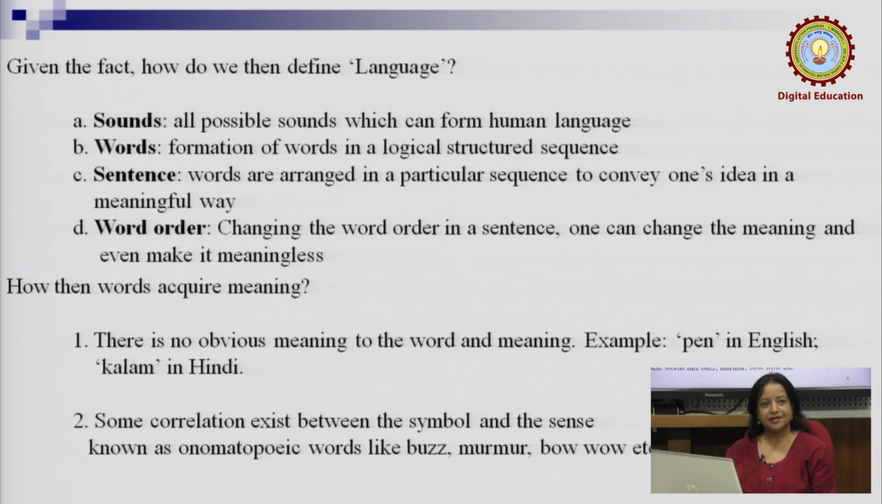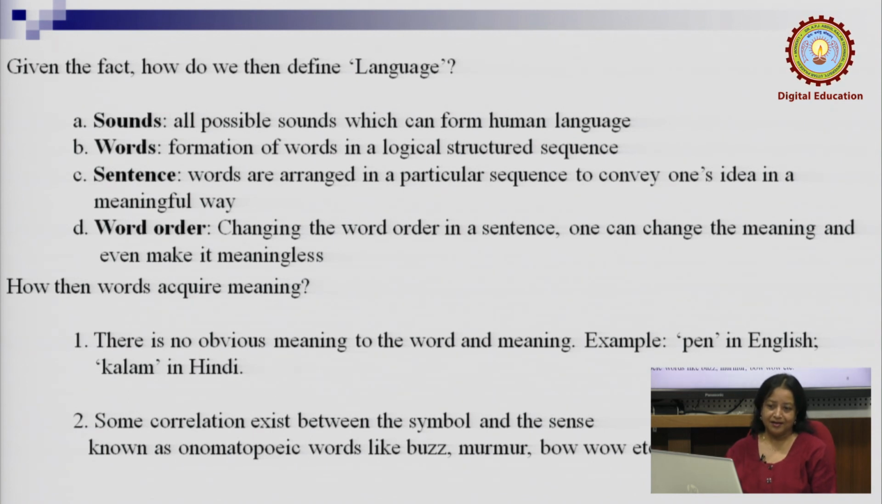So, language can be defined at 4 levels. 1, sounds, so all possible sounds which can form a human language. 2, words, the formation of words in a logical structured sequence. 3, sentences, where words are arranged in a particular sequence to convey one's idea in a meaningful way. And 4th, word order. Changing the word order in a sentence, one can change the meaning and even make it